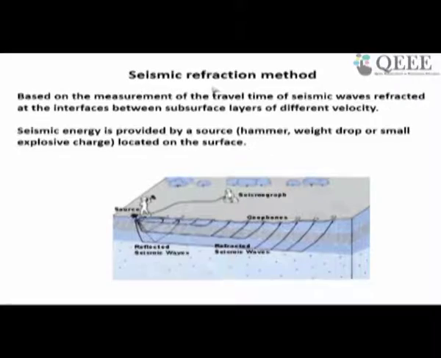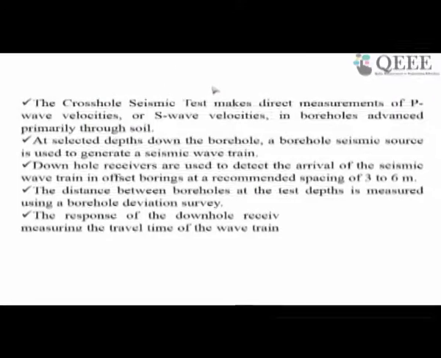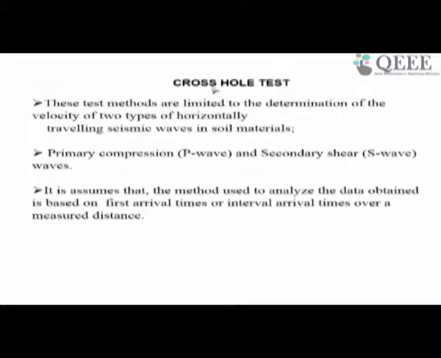Similar to this seismic refraction technique, where you have a source on the ground and geophones lying at different distances from the source, we can try to characterize the ground. We can use some other methods like the cross-hole method, which is also a seismic method, where you generate some waves and record them at some particular distance. This is called the cross-hole technique, where both the source and the receiver are in the borehole.